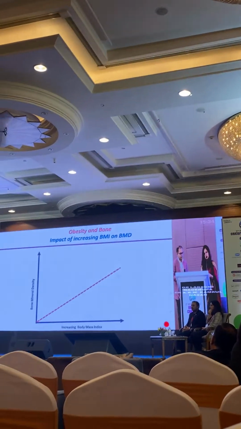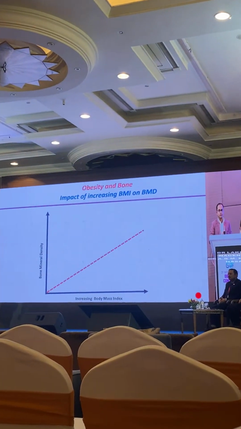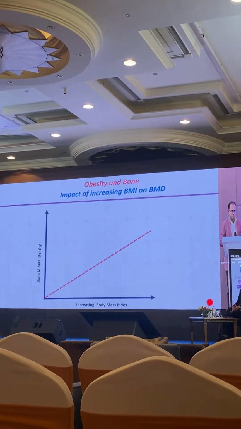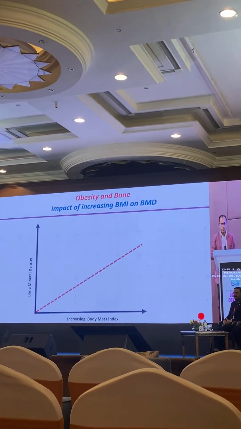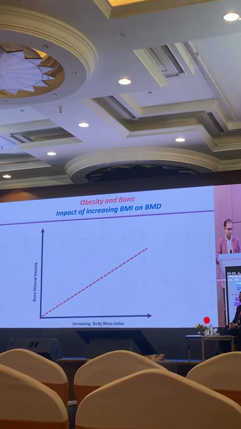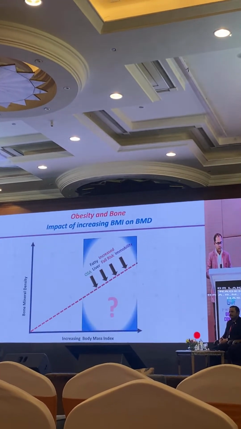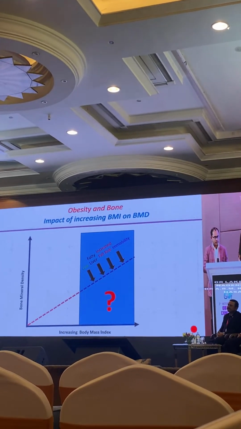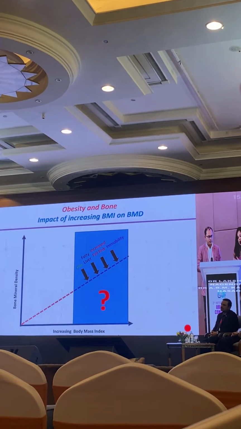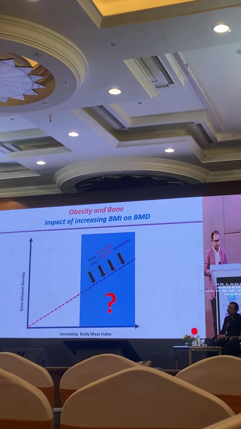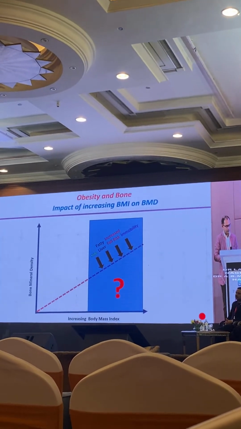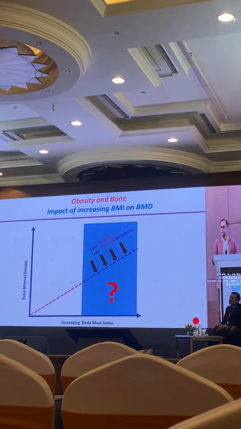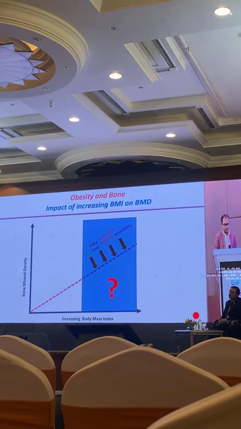But the traditional teaching has been that as the BMI increases, your bone mineral density increases, because we have mechanical loading. When we have more mechanical loading because of obesity, that causes the bone mineral density to increase. That has been the traditional teaching. But as BMI increases, it's not just about the bone mineral density, there is an increase in falls. As you can see, there are many complications of obesity here, fatty liver, OSA, we've spoken all about it, but there's also increased fall risk and immobility, which can lead to fractures.